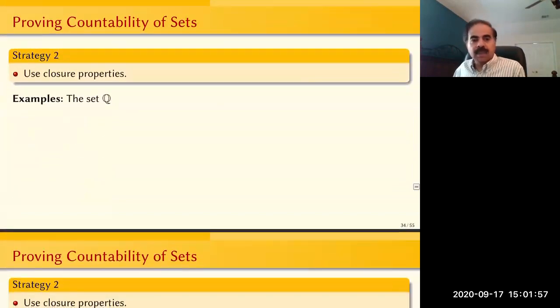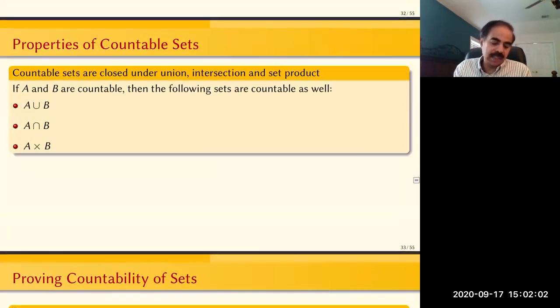And then we went over some examples, some properties of countable sets. So one of the things that we said is that if